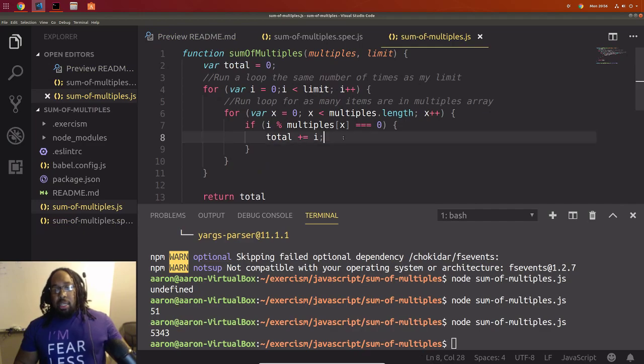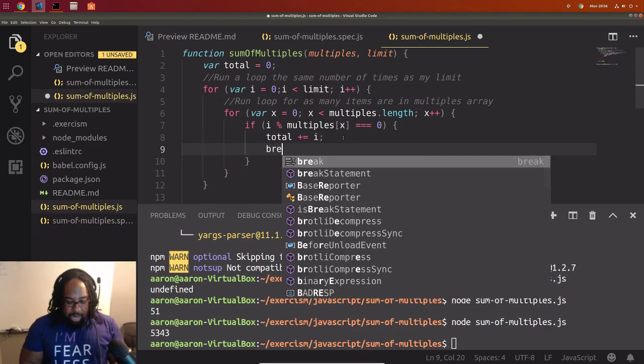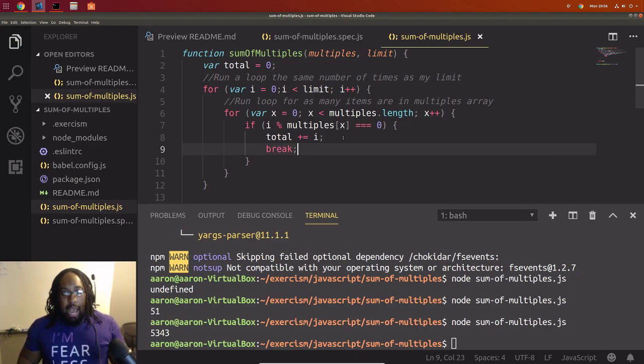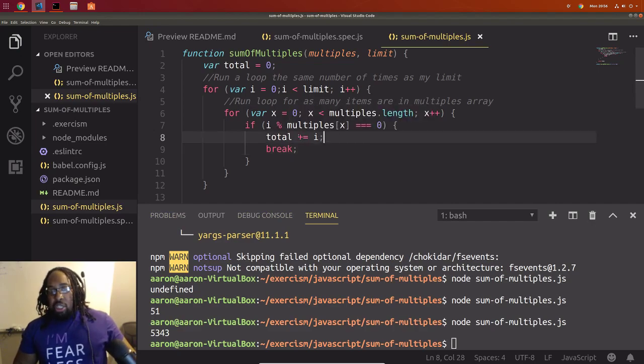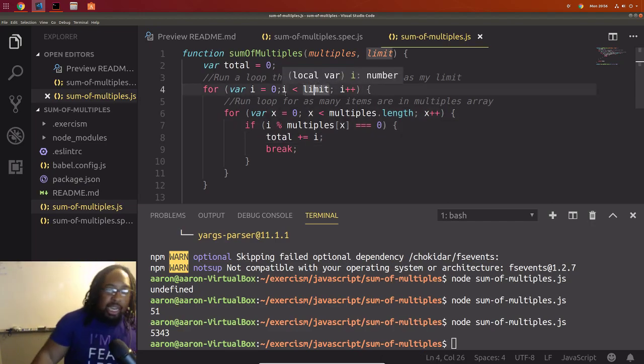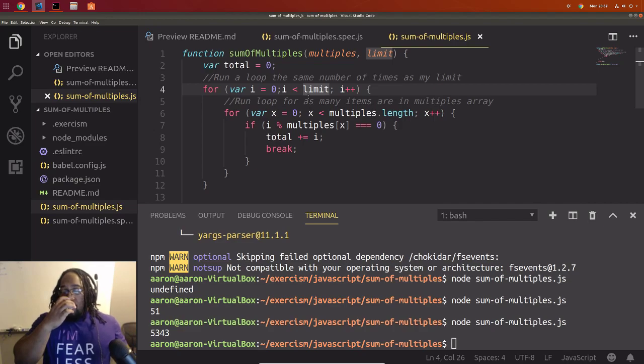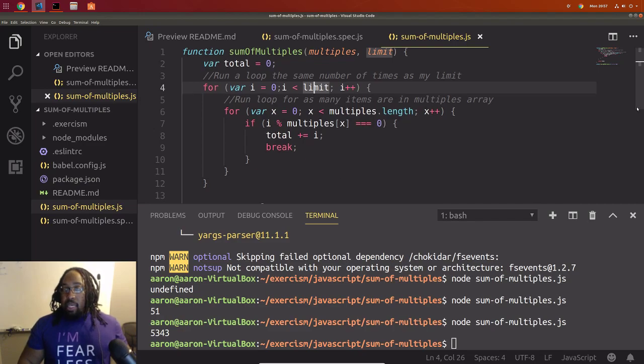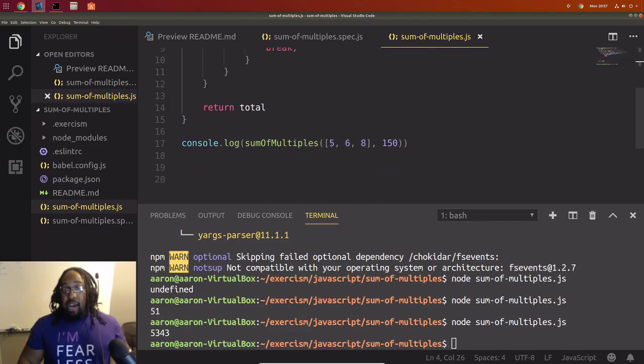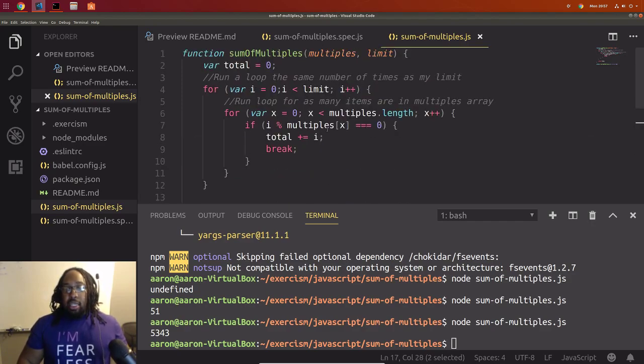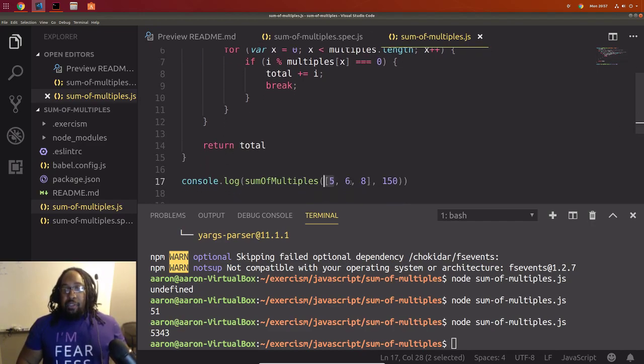And there's a very easy way to solve this, and it is by adding in a break. So what does this do? Adding in this break will allow it, once it gets the first match for the number up to the limit, so let's say we're checking if the number 5 is a multiple of whatever we passed in. Once it gets to this 5 and it gets a match, it'll break out of this and iterate to the next number rather than checking 5 for all 3 of these numbers.